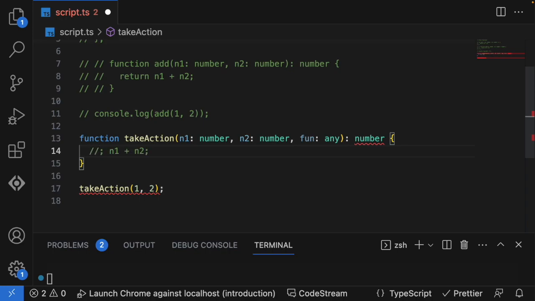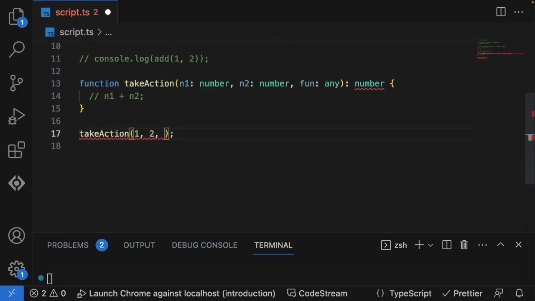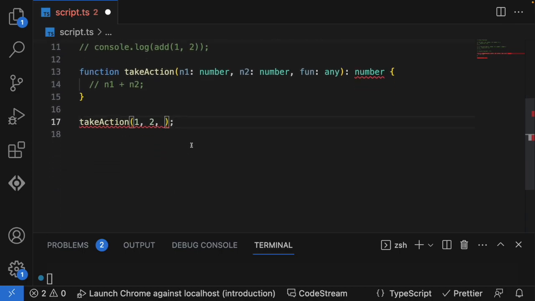Okay, I'll also remove this for now. And here I'll try to pass the logic. So what is the logic I want to pass? I want to pass a function here. So I want to pass an addition function. So how will the addition function be written as an arrow function? So let add,